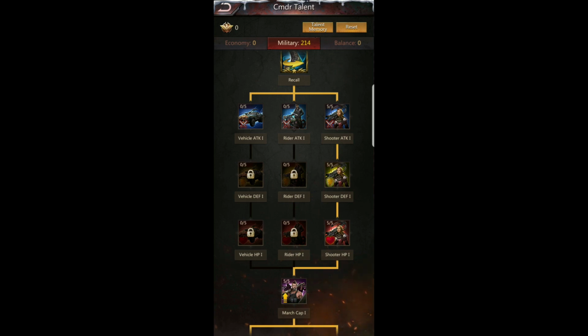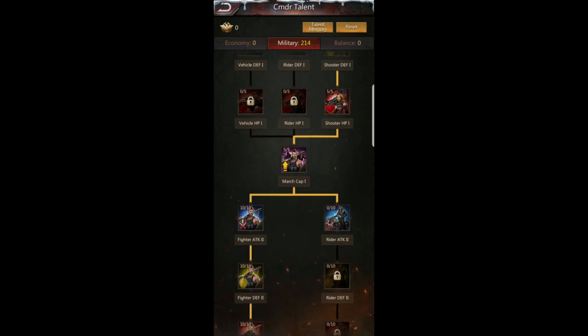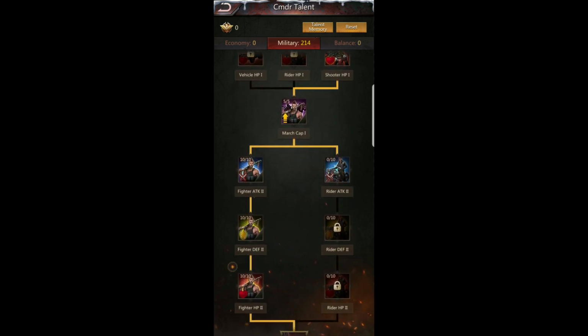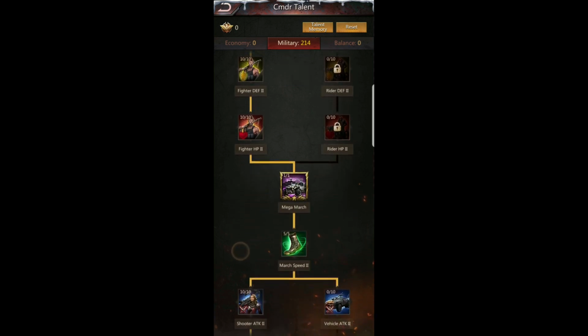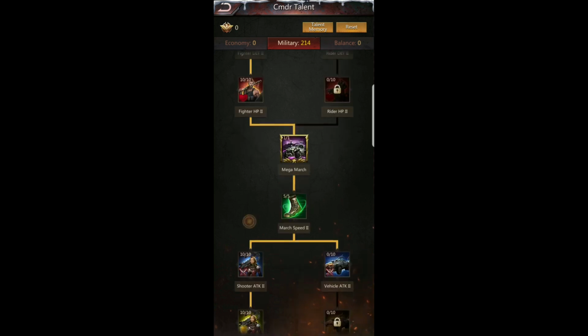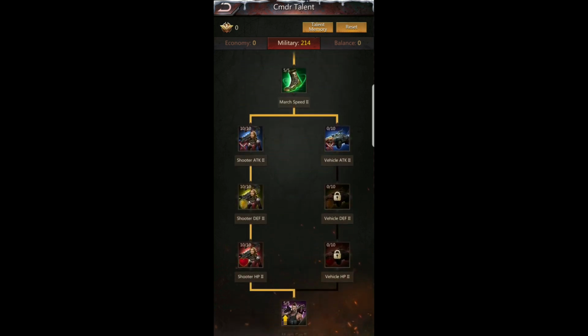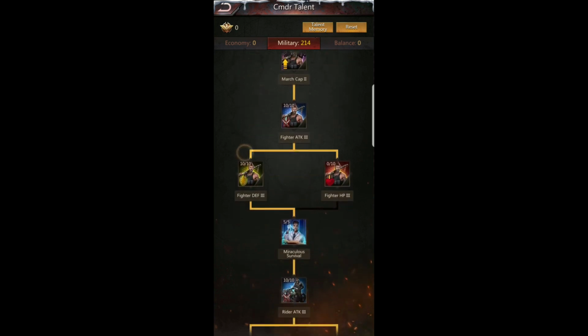I have all mine set on shooters, and you would want these set on riders instead of shooters. And then come down, and again, fighters, you would want to switch to riders. So since I'm fighter shooter based, shooters being slightly stronger than my fighters, I have them set to shooter and fighter. And I basically go down the entire tree, and there's another video on this, and your march cap